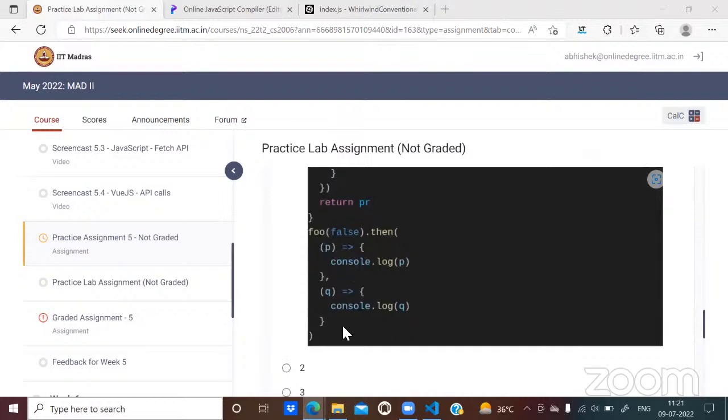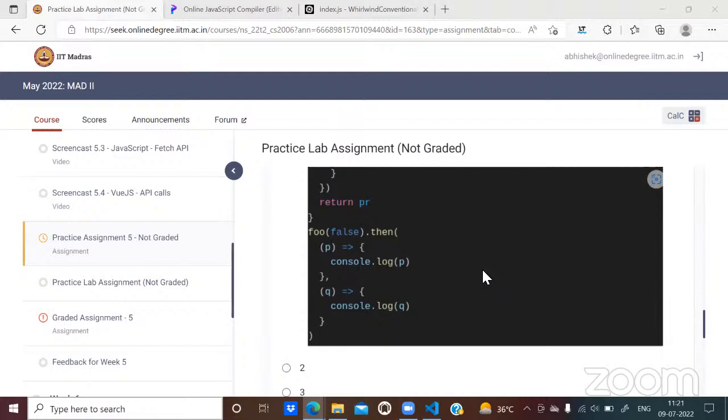Please keep this order in your mind. Q takes what P returns, correct? No. These two are independent functions. They both have nothing to do with each other. This function will be invoked when this promise resolves, that means the promise returned by this foo function, and this function will get invoked when this promise rejects. They have nothing in common except that promise. So one is taking care of resolving, the other is taking care of rejection, giving the output of each. Yes. Got it, sir.